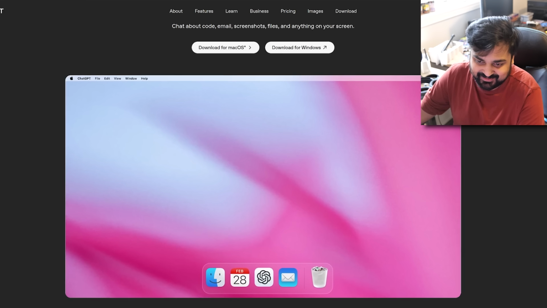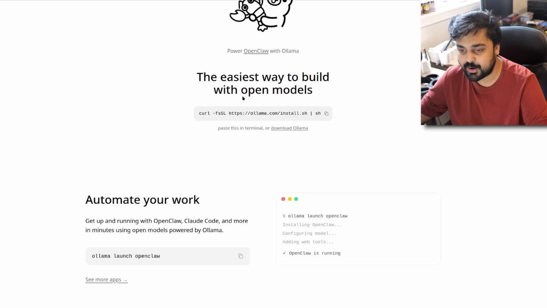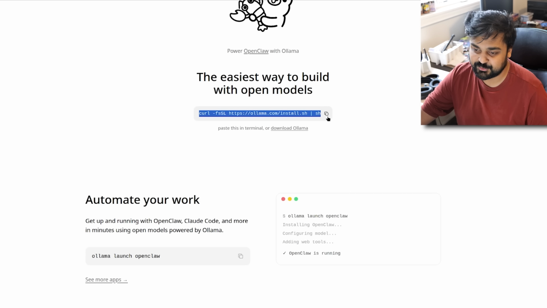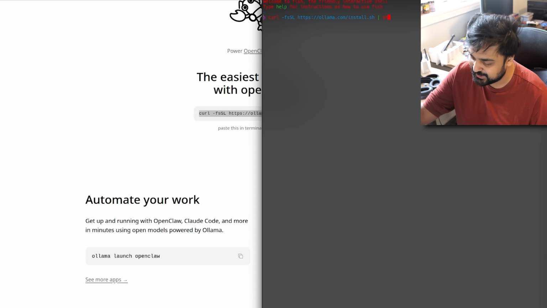So that being said, what is the alternative, Muta? What do I do? Well, do you guys know that you can run a lot of these models on your local system anyway? To walk you through, I'm going to show you probably the easiest method to getting this going. There's a bunch of AI servers out there. One of them that you can download is something known as Ollama. You go to their website, and depending on what operating system you have, you can paste this into your computer terminal. If you have a Mac or a Linux system, it's as simple as copying this, opening up a fresh terminal, pasting that, and hitting enter.